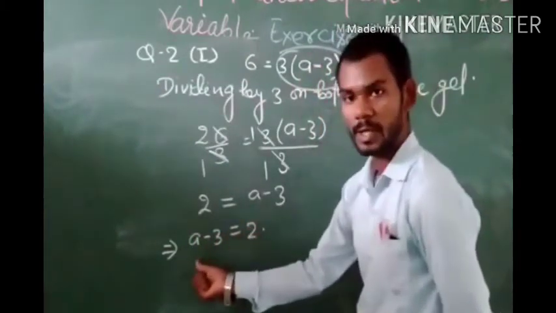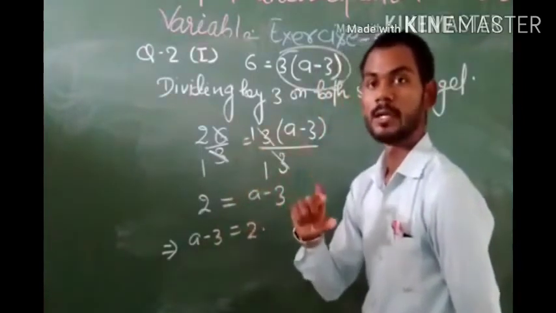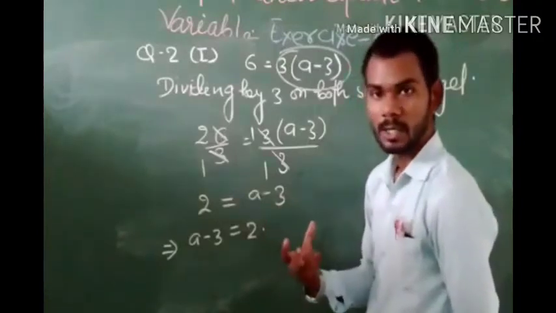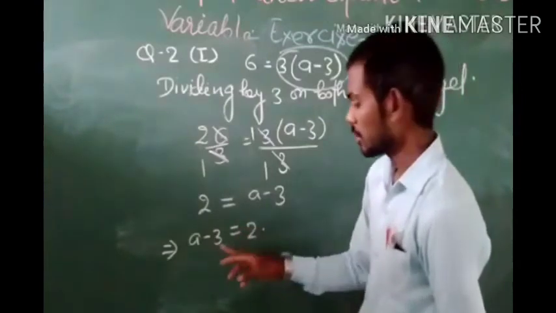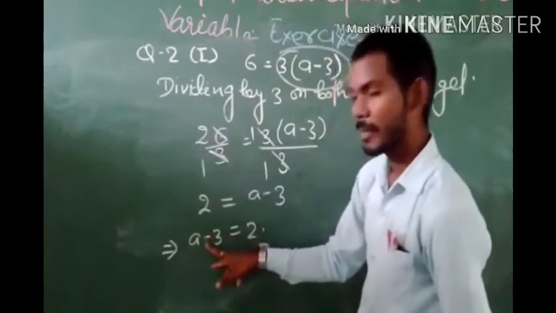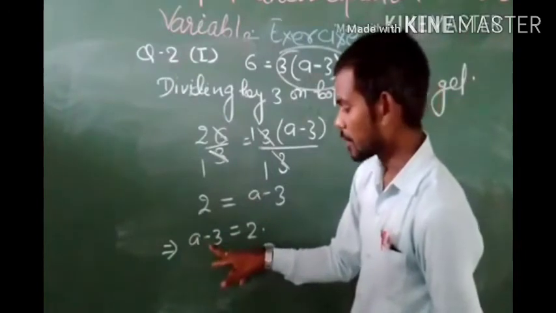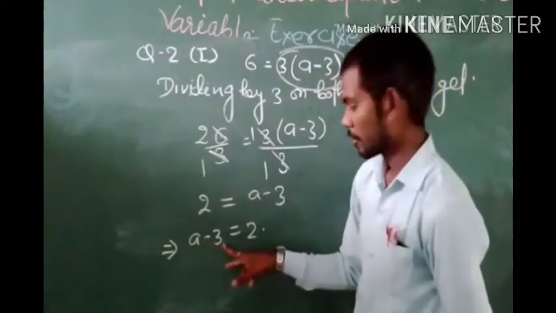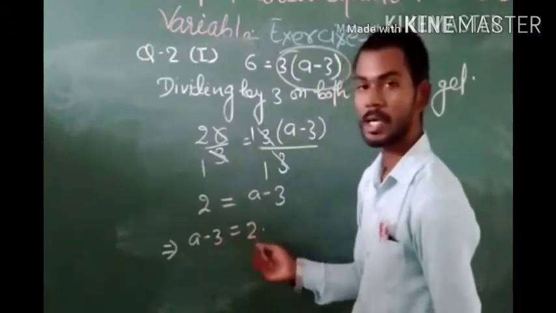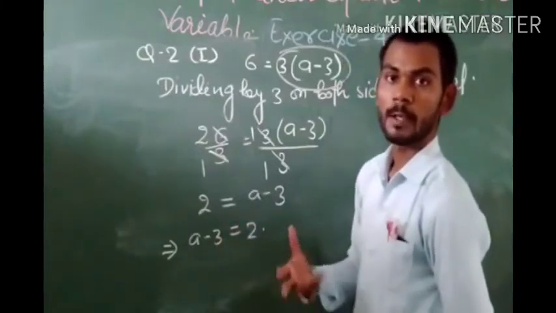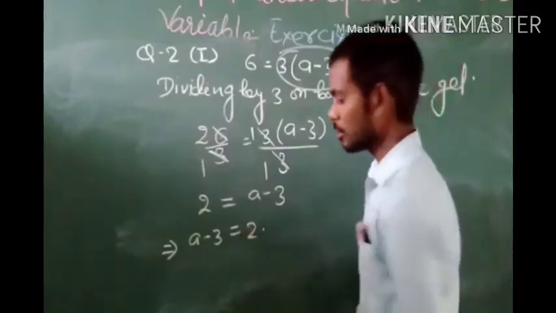Now in order to isolate this variable a, we have to add 3 on both sides. Why do we need to add 3? In the other question we were subtracting. Here we have to add because the given constant is minus 3. So to make this minus 3 equal to 0, we need to add 3. In order to keep the value of the equation unchanged, we need to add 3 on both sides, which follows the method of simultaneous operation on both sides. That is why adding 3 on both sides.